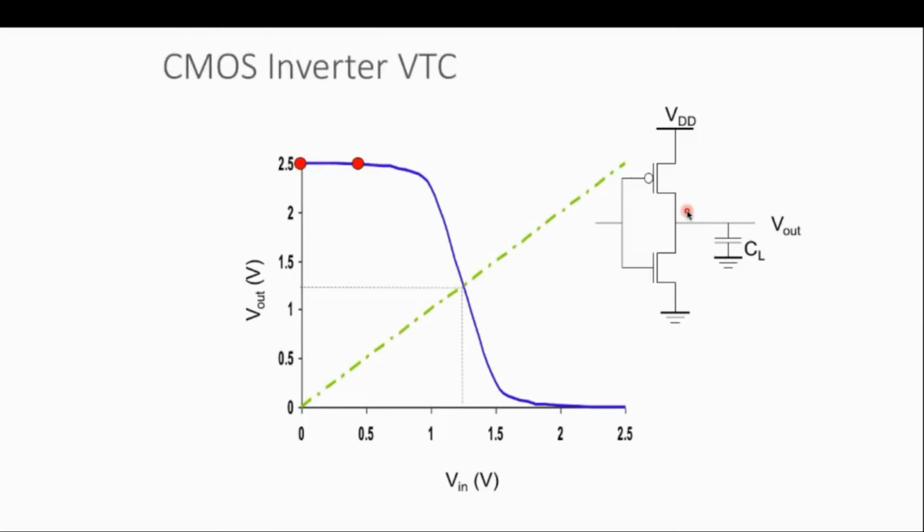Now, there are certain points. This is the point at this particular location. Here, your NMOS is off because your input is 0. So what happens? 0 means it is less than threshold voltage, so this is off. So here we can see your NMOS is off, and your PMOS is actually acting as a resistance. So that means your PMOS is in linear region.